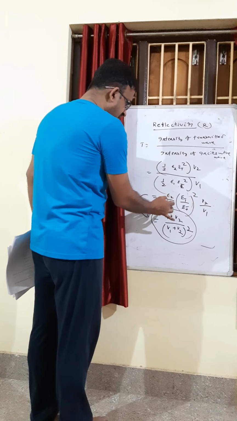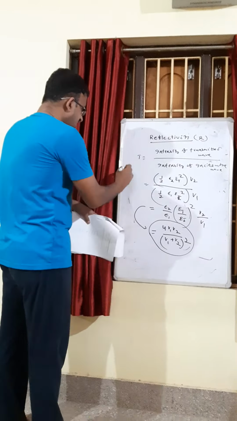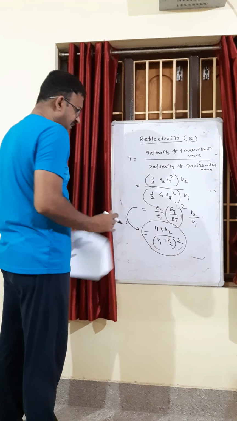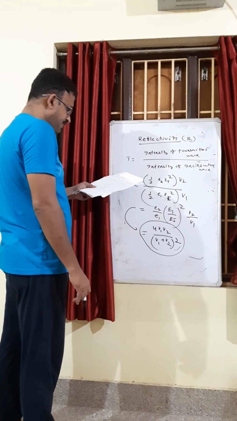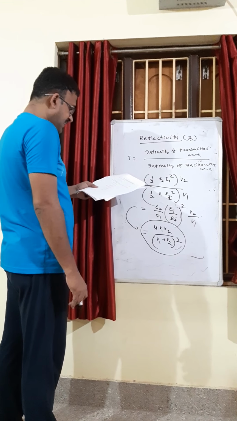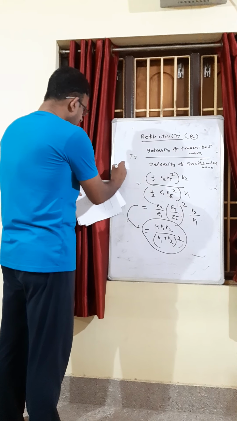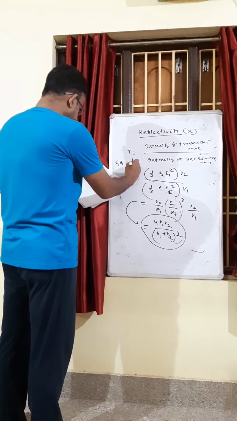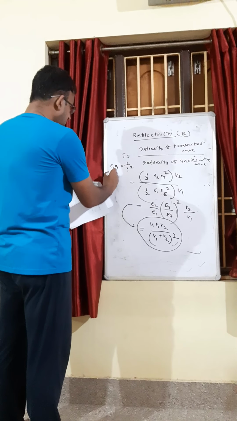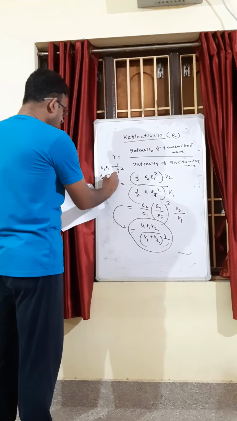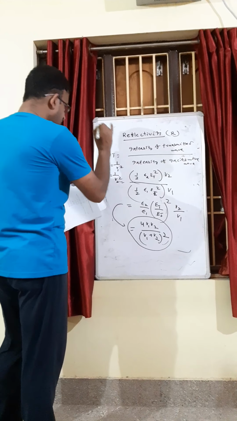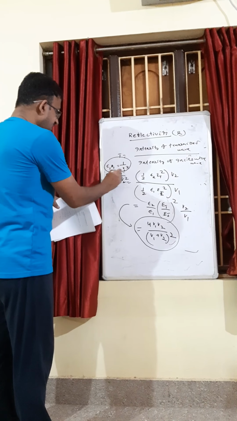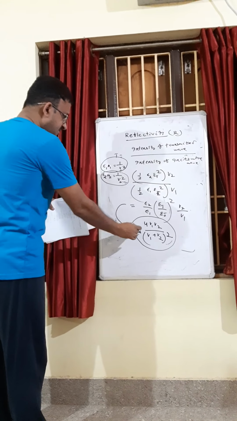What are epsilon 2 and epsilon 1? You know that epsilon 2 is the permittivity of the second medium and epsilon 1 is the permittivity of the first medium. And as you know, epsilon 1 into mu1 will be equal to 1 upon v1 square, and epsilon 2 into mu2 will be 1 upon v2 square. So you can use these results and you can reach here.